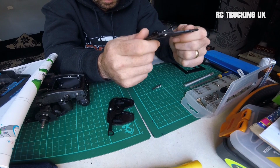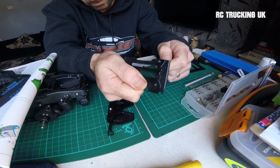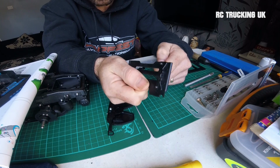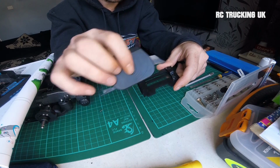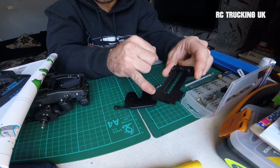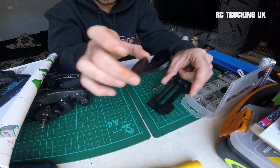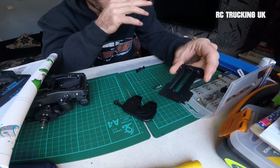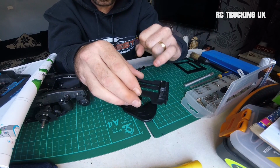Right. So the easiest way I've found to do this is bolt one of them on first, and you can slide that in and then mess about just trying to get the other side in, because if you try putting it on, or whichever way you do it, the whole thing just keeps coming apart. So we'll go with this way,